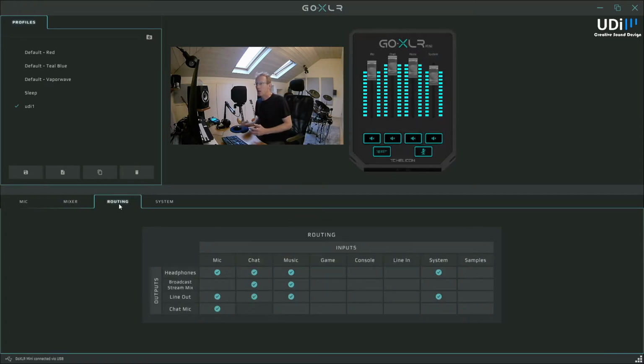So next we have routing, and routing is the most important part of the whole idea here, because this will let you route the audio from your mic, chat, music, system, whatever, into any of the outputs. So you see the matrix here. We have inputs and we have outputs here on the left, and I can route my microphone to my headphones, my chat to the, I mean, it makes sense that all the sound should go eventually to my headphones, right? That makes sense. But then I can also set the chat to go to my overall broadcast mix, and then